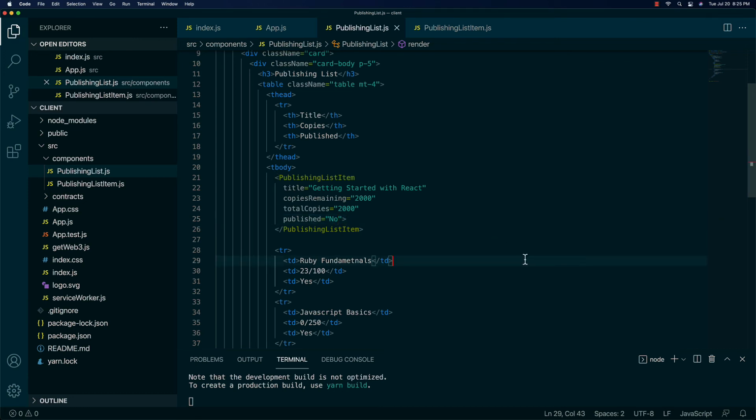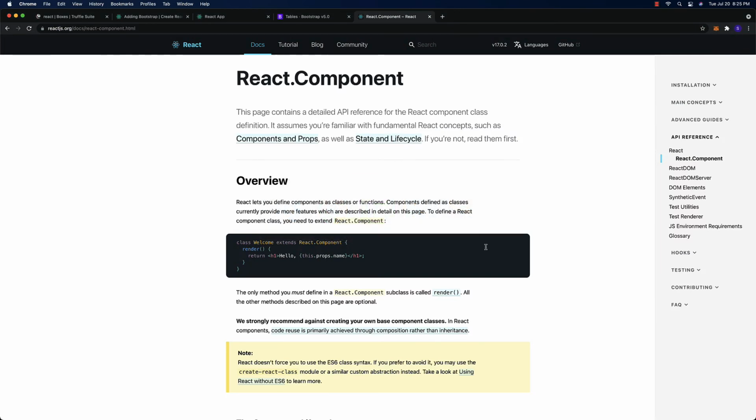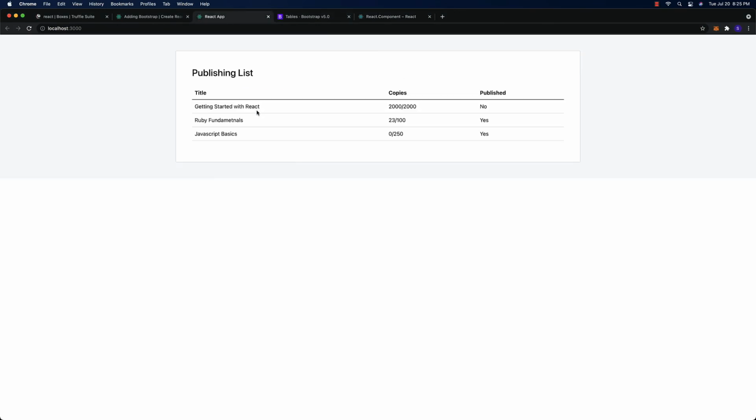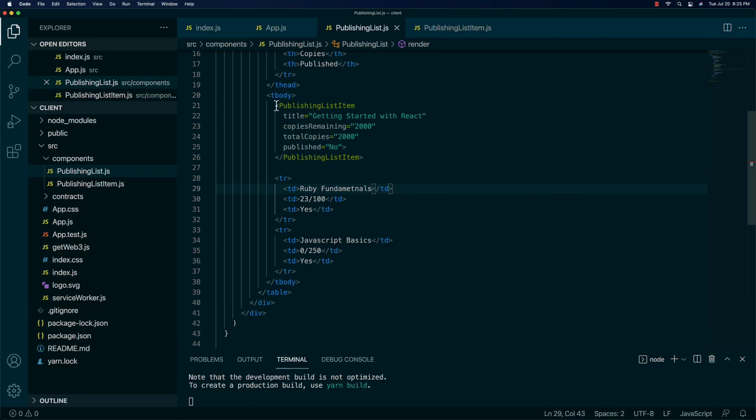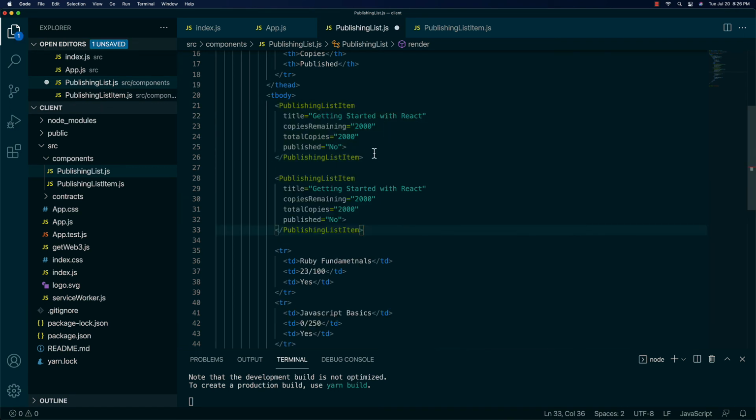So let's save this and let's go check the browser. And you can see we still have getting started with React printing out here. So now basically what we can do is copy this. And you can see basically what we're going to do here. So we're just going to cut this text. And this is essentially how you set up